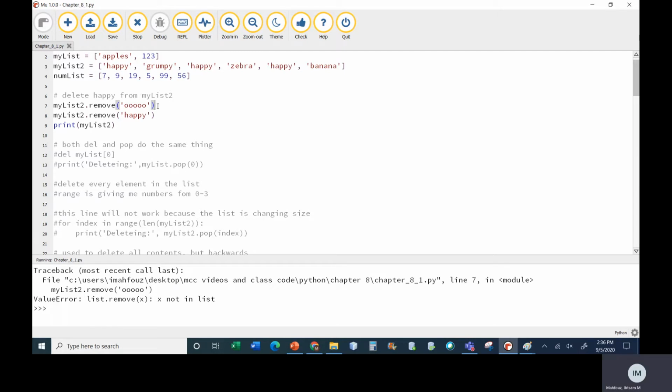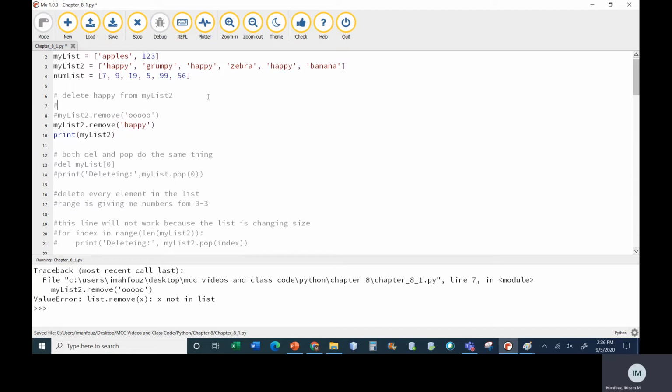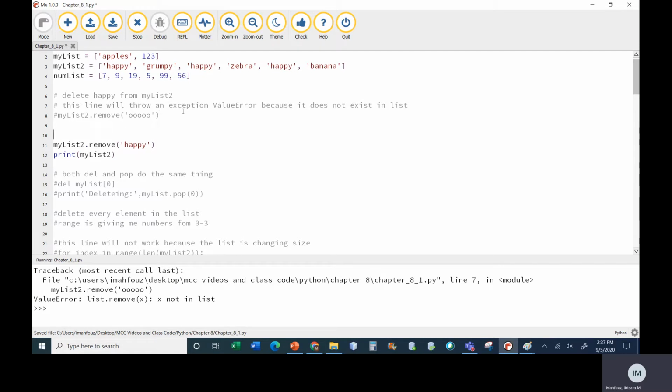So now I know that if I try to remove something and it doesn't exist, it will throw an exception. So let's put a comment that this line will throw an exception, value error, because it does not exist in list. Now, the question is, what if I want to delete all of the happies that are in here? Do I know how many happies there are? I don't. So I can have maybe a while loop or a for loop that runs until an exception